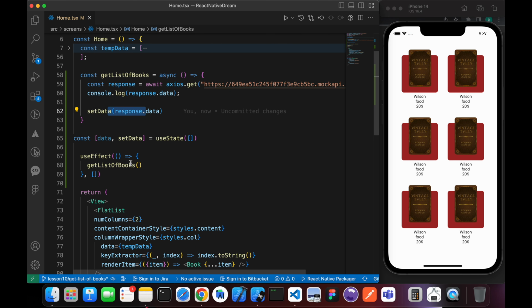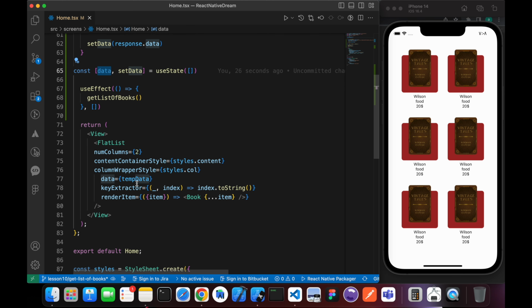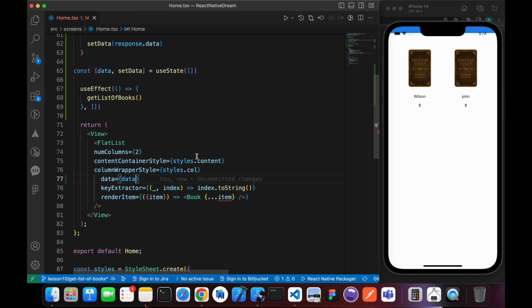Now when we call this function get list of book, the response.data we've got from this endpoint, I mean the box, will be stored in this variable. So in use state, this constant is the data, and this function is the way to set the data. Now we've set the data, so let's use this instead of temp data and press save. Look,